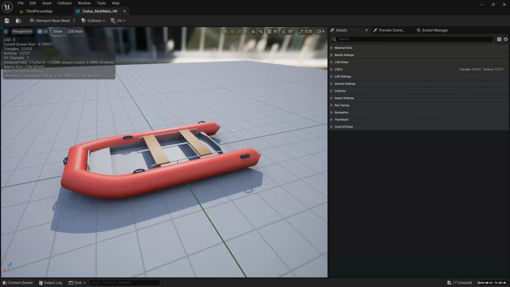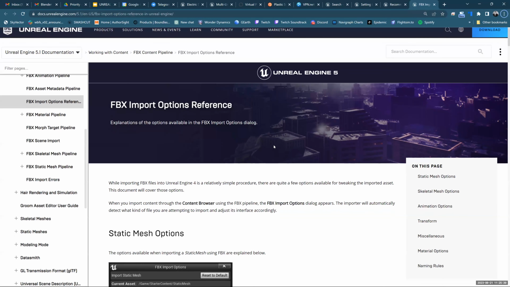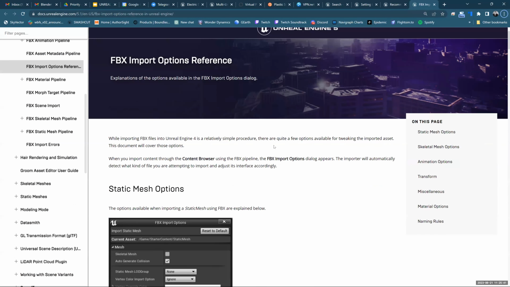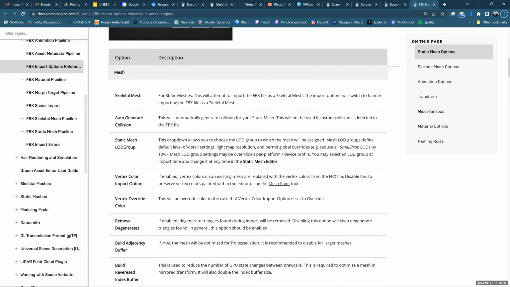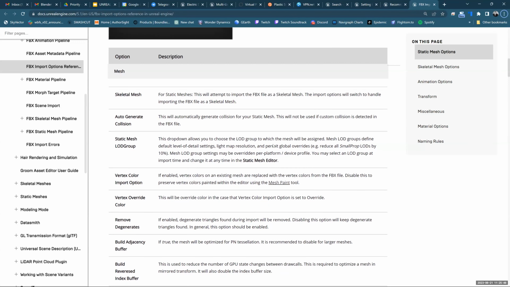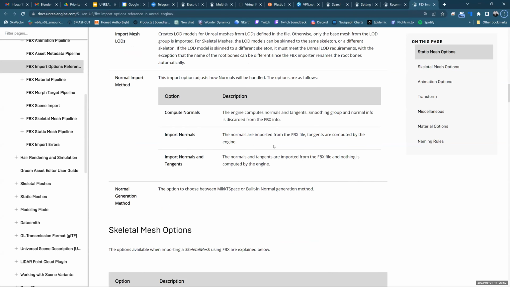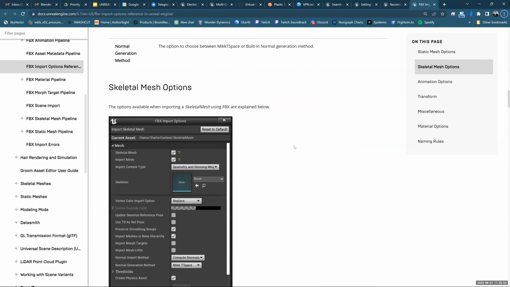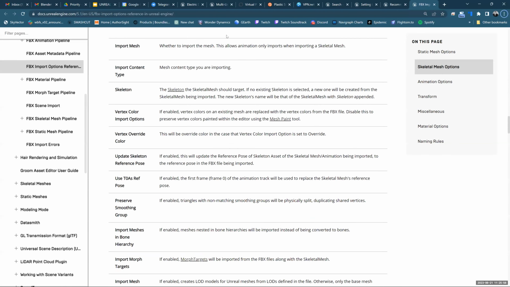Exactly what I mentioned, but mine was a bit condensed. You can look at it in a more detailed way, like what is auto-generate collision and so on. Everything is here, very detailed. If you're bringing in a skeletal mesh, which is your characters with bones and rigs, you have to look at these options. Please have a look at it when you get a chance.